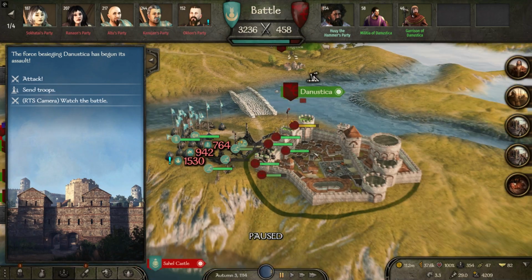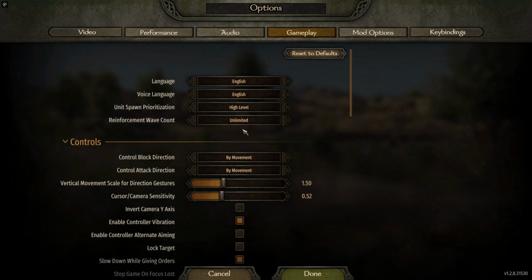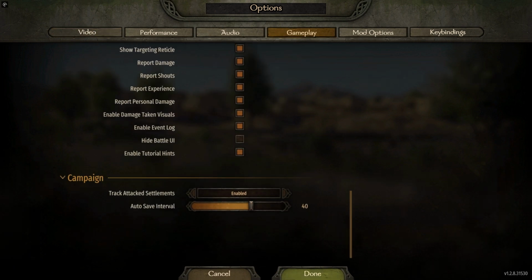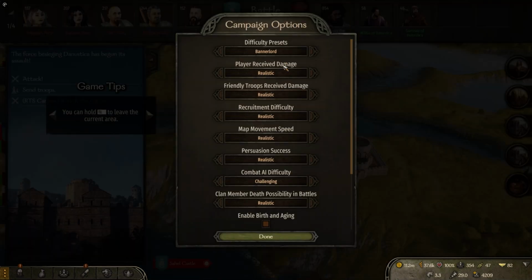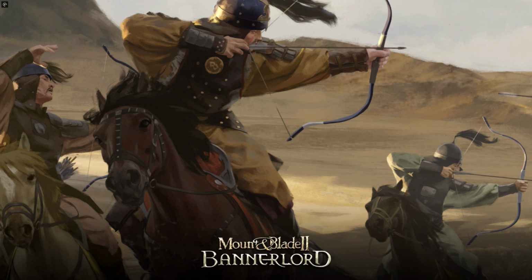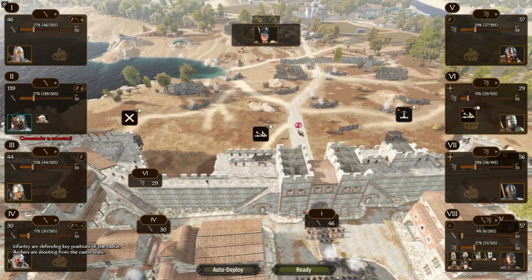Hugh the Hammer and 458 defenders against 3,200 Khazate. All right, the reason we're doing Danustica with this army is that you can't do this with the custom battle menu. It's really strange. Almost every single city and castle is available in the custom battle menu, but for whatever reason, Danustica is not. I searched multiple times. I don't know if my game is bugged or whatever, but it's just not available. And this interesting large Southern Empire city